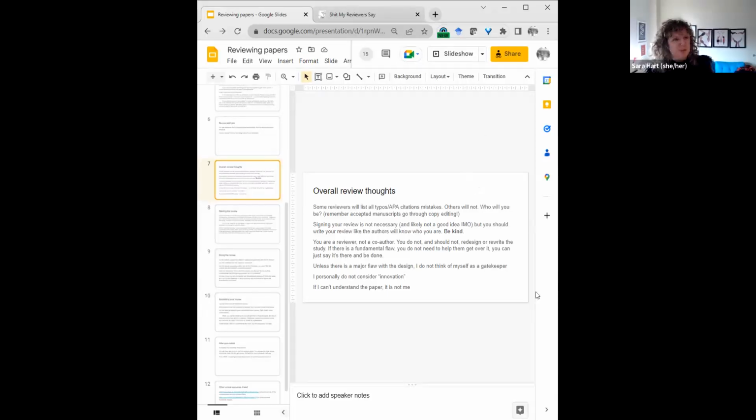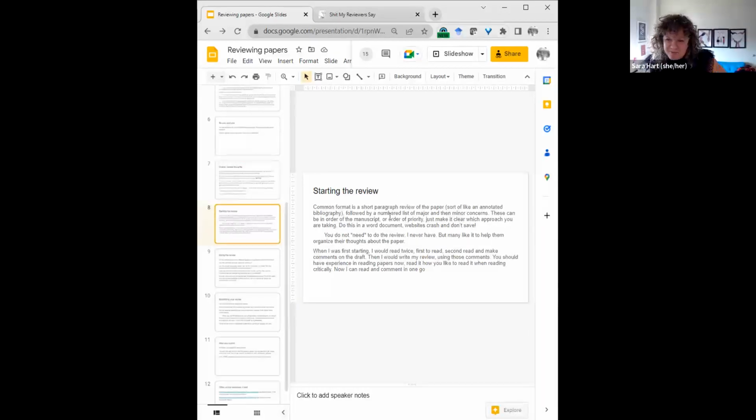Okay. So those are general review thoughts and how I think of myself as a reviewer as I'm starting the process to do the review. Okay, so now we're getting into the review. A common review format, and as you submit more papers, you'll see different reviewer formats, like what the structure of a review looks like, is to start with a short paragraph that summarizes the paper. It's kind of like an annotated bibliography, or think about like 4 sentences summarizing the 4 sections of the paper,